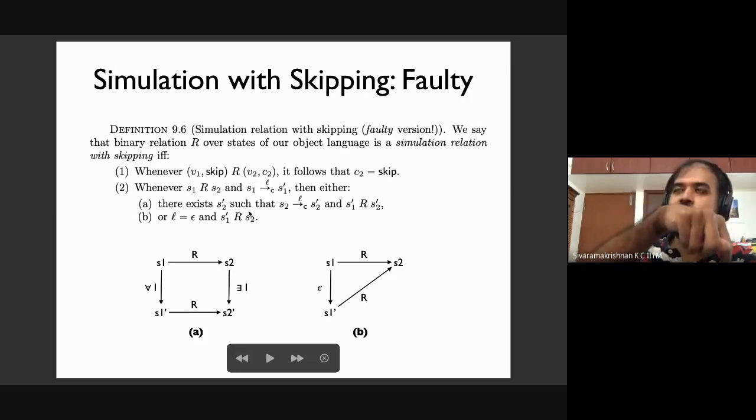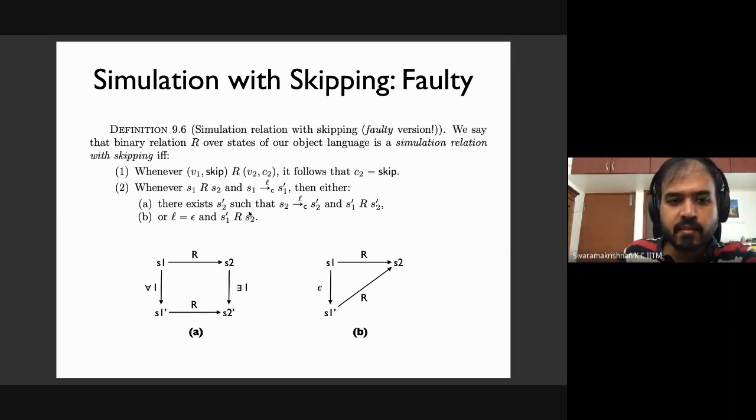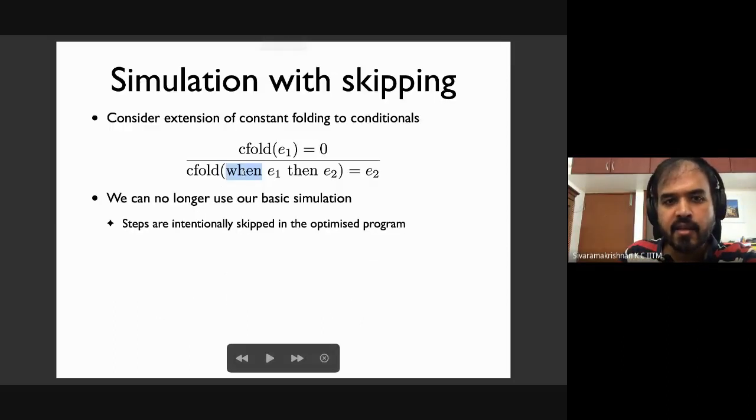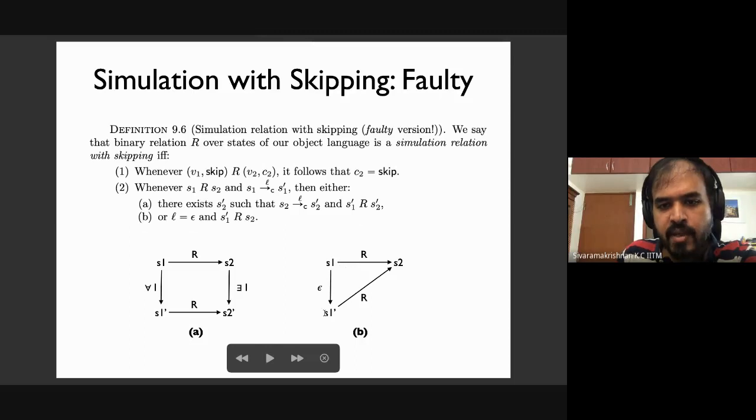Because you can take multiple steps here, we are saying that you can take a silent step. So you can take a silent step where, in this case, a silent step will be execution of this when case, right? Step if that's the silent step. You can take a silent step, but what we expect when you take a silent step is that the silent